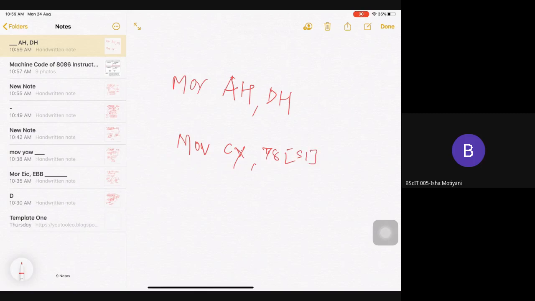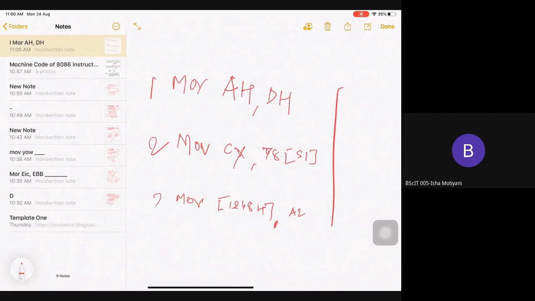This is my second instruction. And my third instruction will be MOV [148H], AL. These are the instructions that you are supposed to convert into binary.